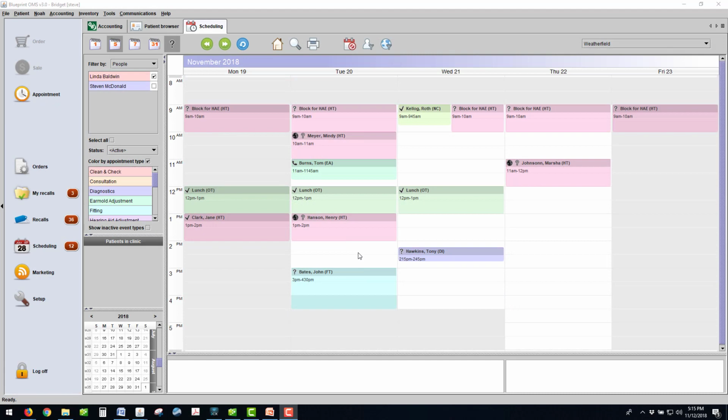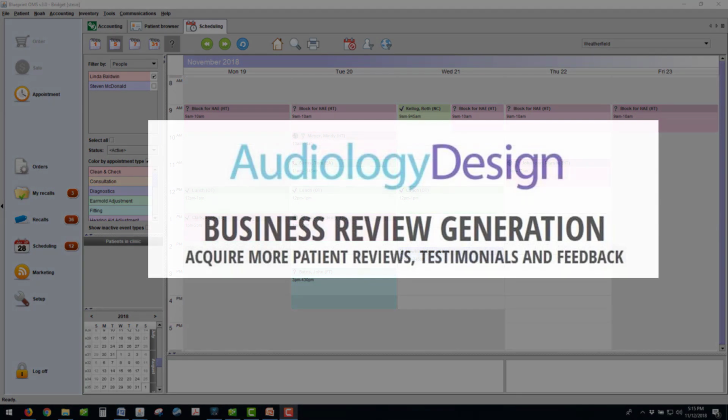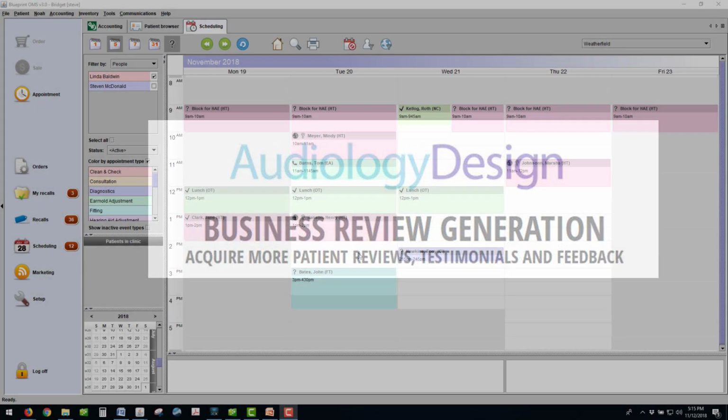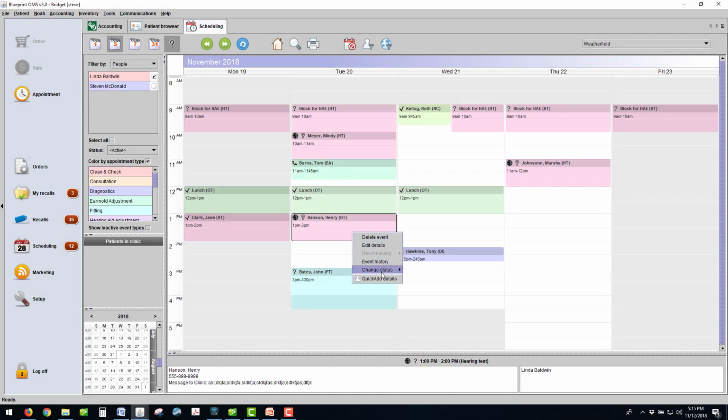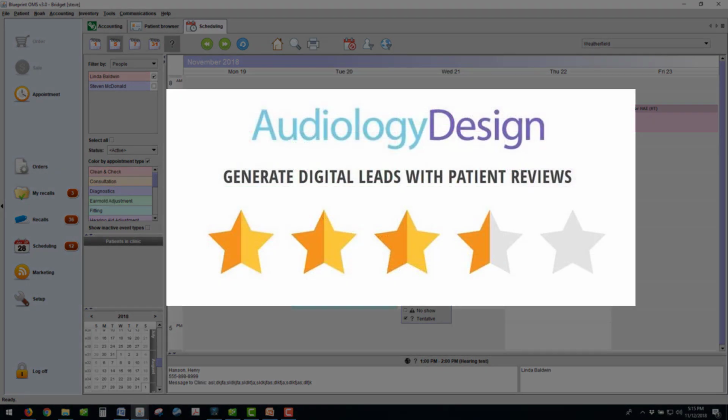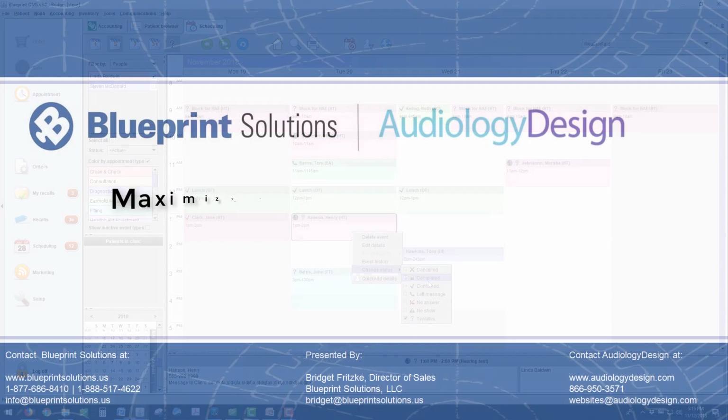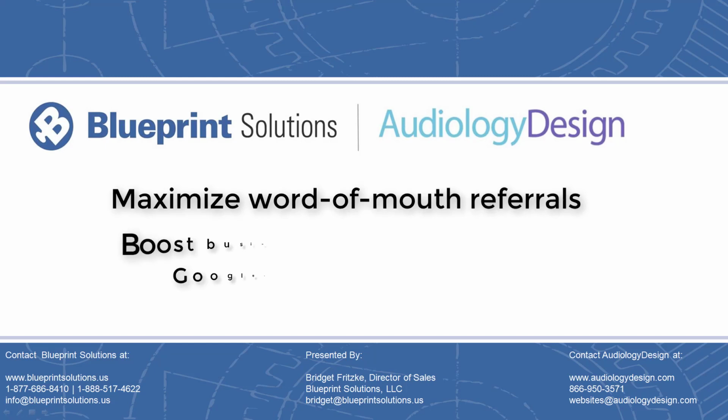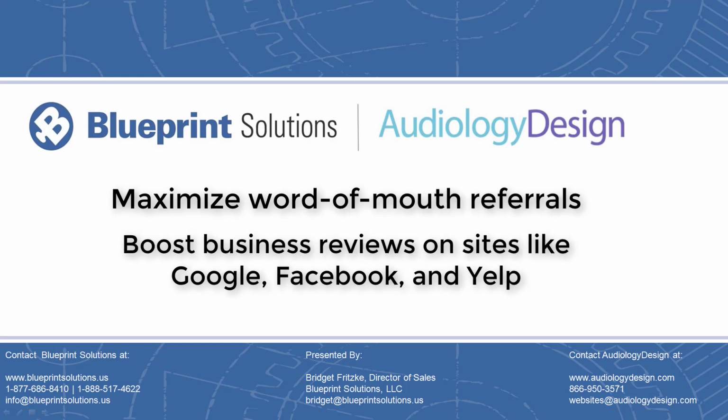Blueprint Solutions has also partnered with AudiologyDesign to help the clinic acquire more patient reviews, testimonials, and feedback with no extra effort. Clicking on an appointment in Blueprint and completing it will automatically send the patient's appointment details and the patient's email address to the AudiologyDesign review generation service, where the patient's then invited to rate the appointment, and those glowing 5-star reviews are posted back on the clinic's website. So it's going to help maximize the clinic's word-of-mouth referrals and boost their business reviews on sites like Google, Facebook,